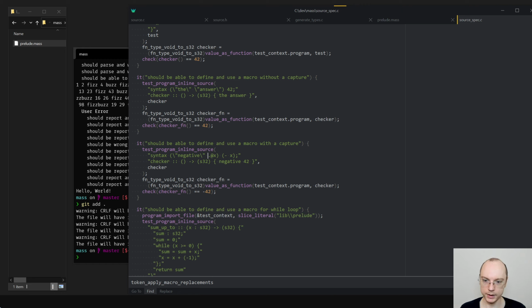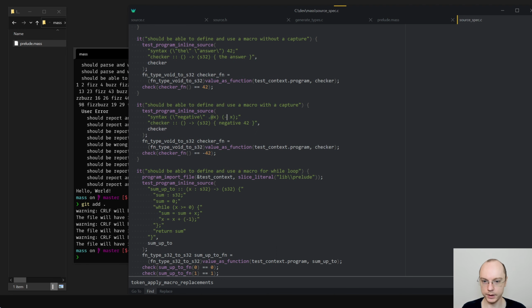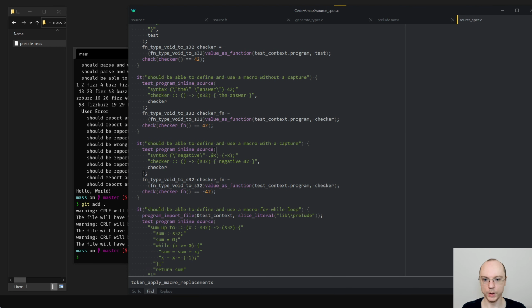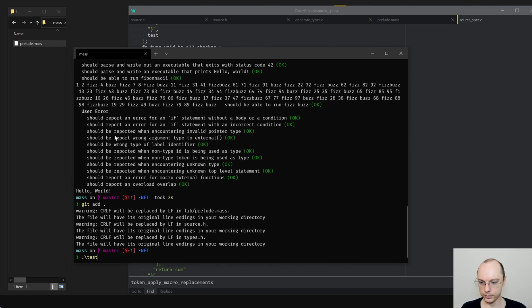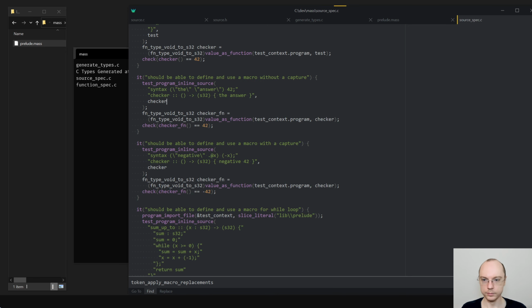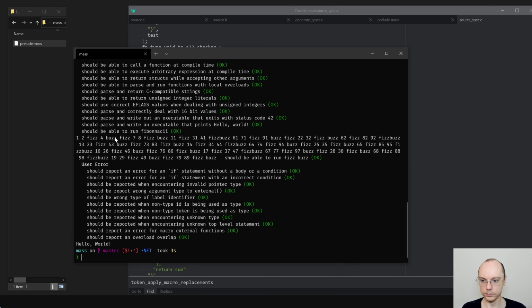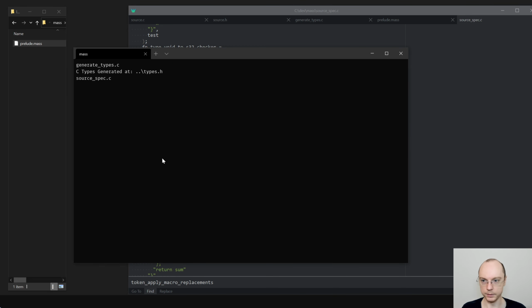So I'm saying that this matches a single thing, and then this expands to whatever. This is still gonna pass just fine with what we have right now, but later on it will be different. I think I didn't save the file in time.